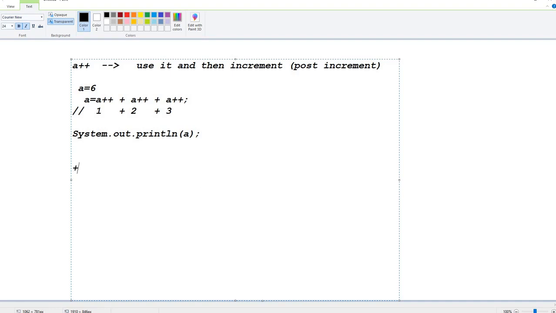We also have something called ++A, which is pre-increment. What does it do? Increment and then use it. What does pre-increment do? Increment and then use it. You see here, initially A is equal to 1, and if I write A = ++A + ++A + ++A,